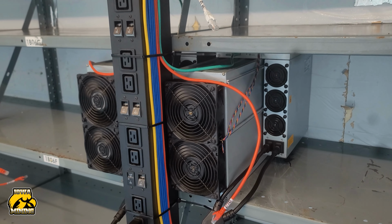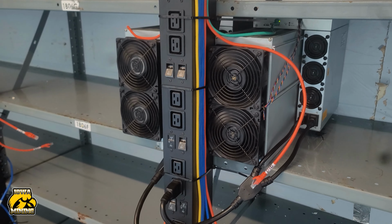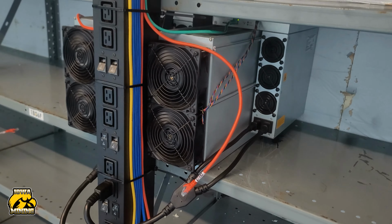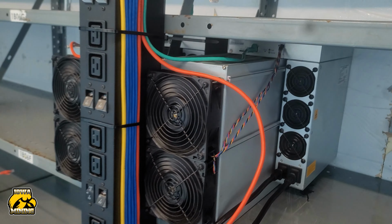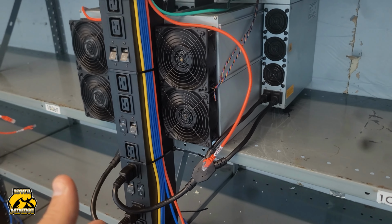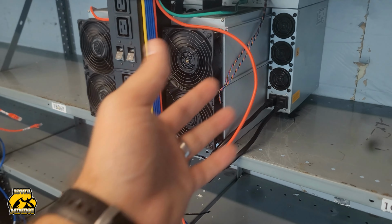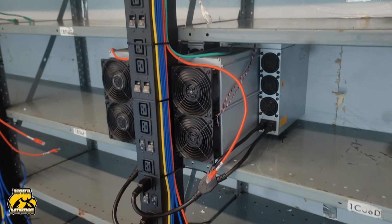So now your ASIC has shipped, it has arrived at Iowa Mining. I have all your information, and so what I do is I come and put it on the shelf for you, and I plug it in, I get it turned on, I get it hooked up to internet, and I get all that information plugged in. So your ASIC is going to sit next to this one on the shelf, and it's going to run